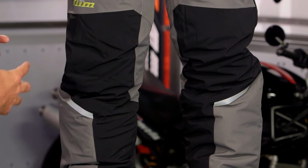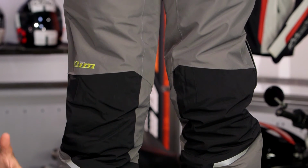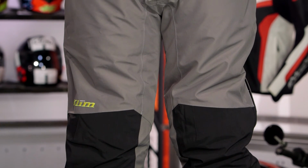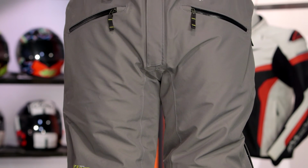So for riders out there that are looking to match their Keweenaw parka with a bib, or perhaps you're just looking for a bib to update over a previous version that you've been wearing, this is going to give you that combination of both warmth as well as comfort to make sure you're not overheating, but you're still able to be active. So there's a lot of riders out there that are utilizing different pieces in Klim snow apparel, and